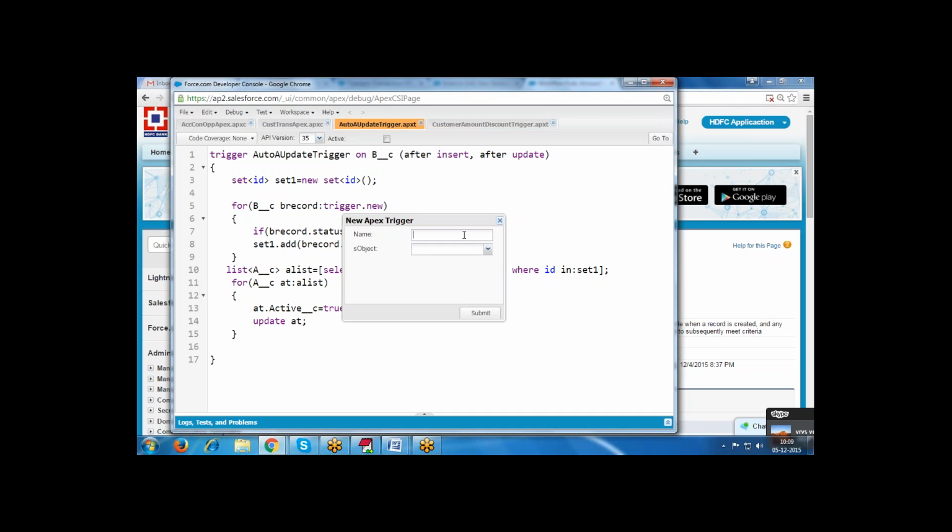Now, transaction status active trigger on the balance object.